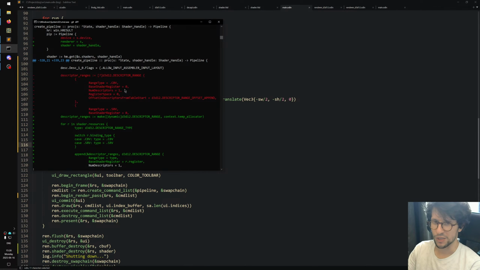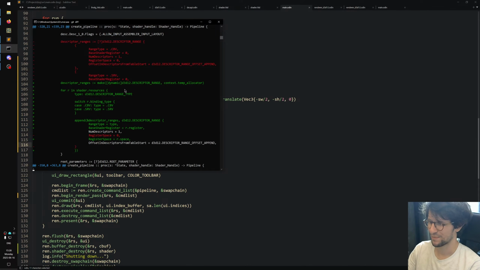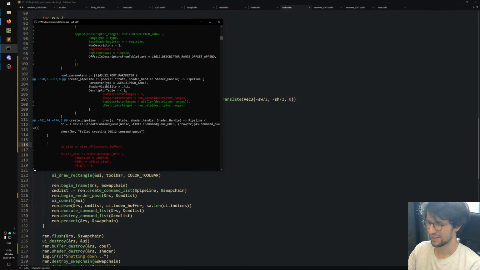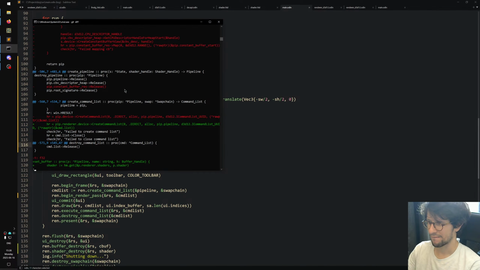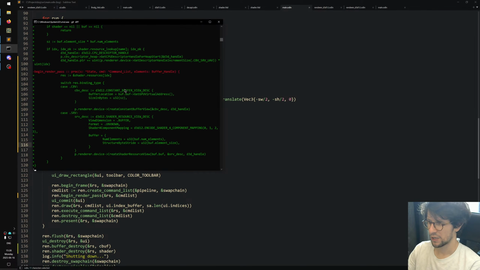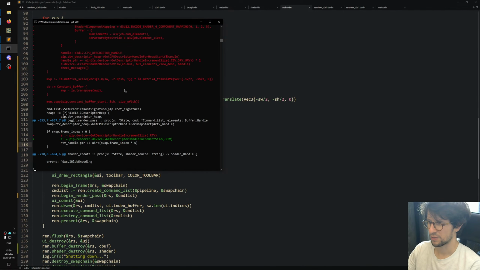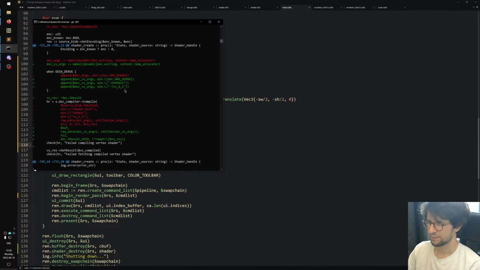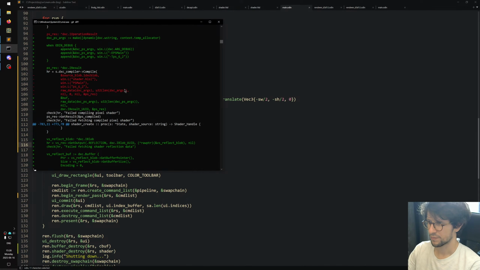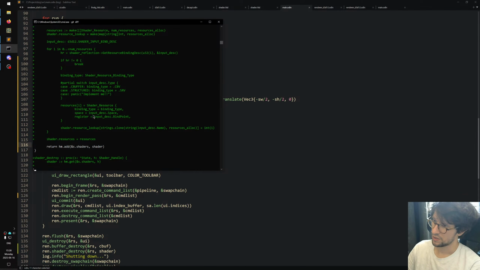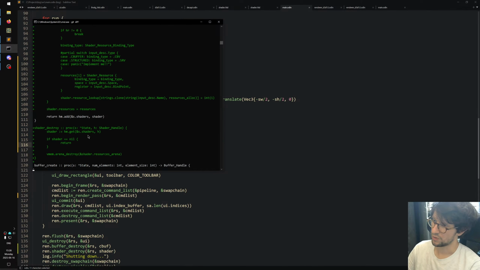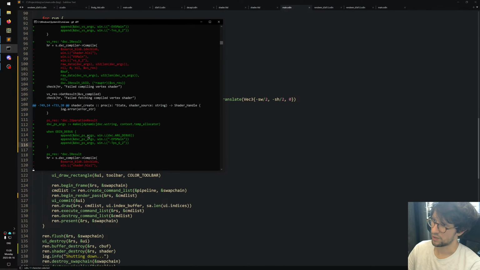Then, as long as we get RAD Debugger and RenderDoc works well on Linux, then things might be good, I would say. Yeah. We cut out some hard-coded stuff from the rendering code. That's good. We have used reflection to make these shader resources, and we use those to make our